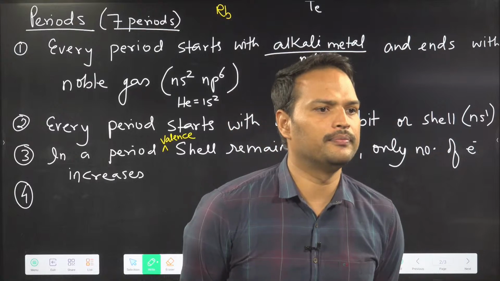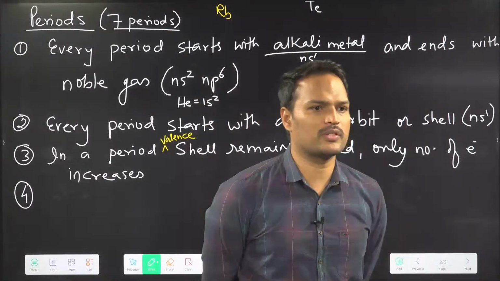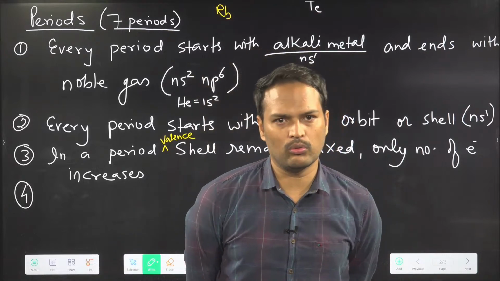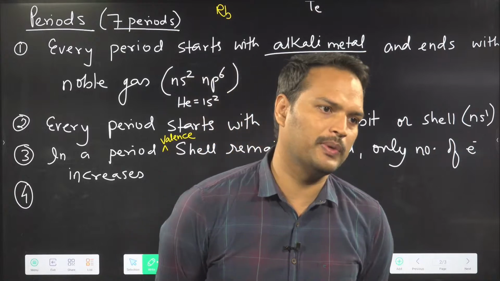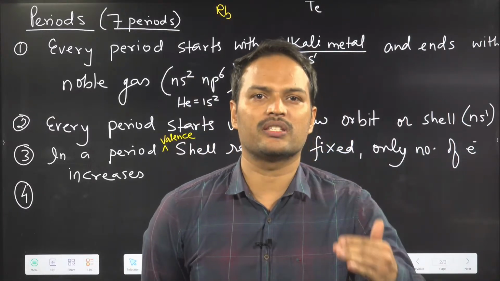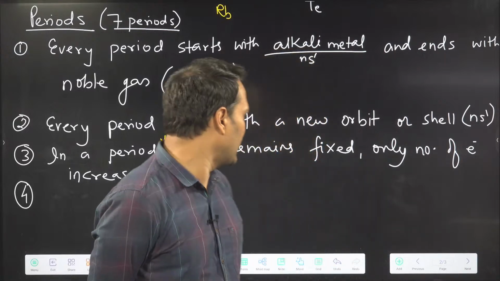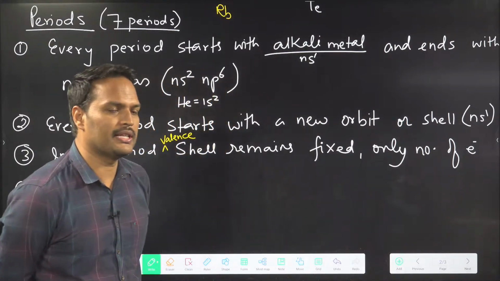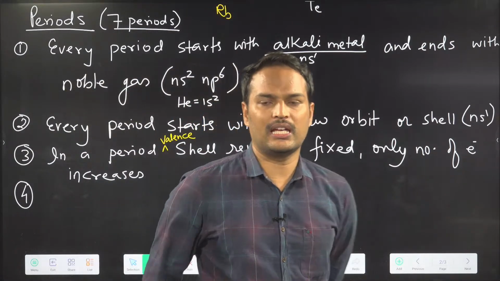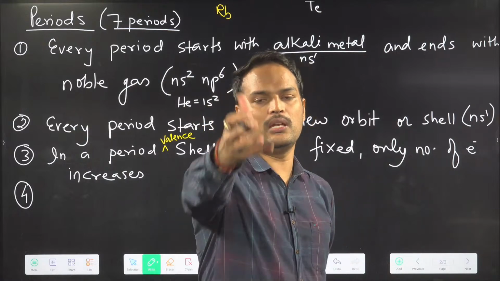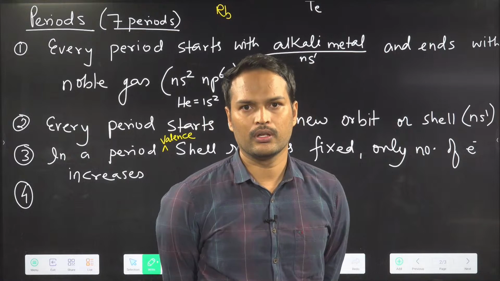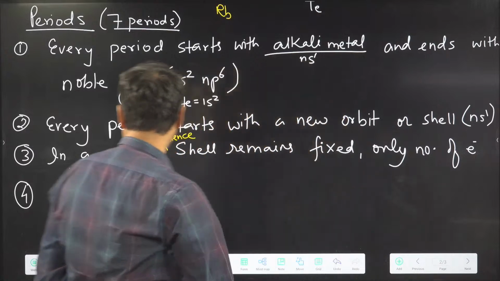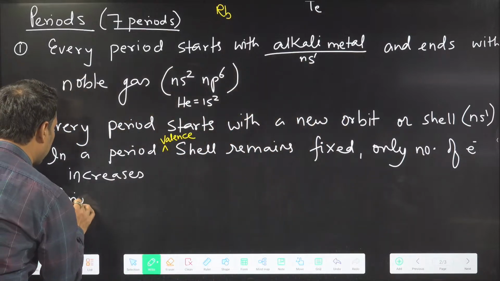How many quantum numbers were there? Tell quickly. 1, 2, 3, 4. Four: principal quantum number, azimuthal quantum number, magnetic quantum number, and spin quantum number. These things you will again study in the atomic structure chapter. What I am interested in here is one question they ask, the period number. They give you an element and ask, this element, atomic number 30, which period? Atomic number 11, which period? They ask you these things. So we say the period number